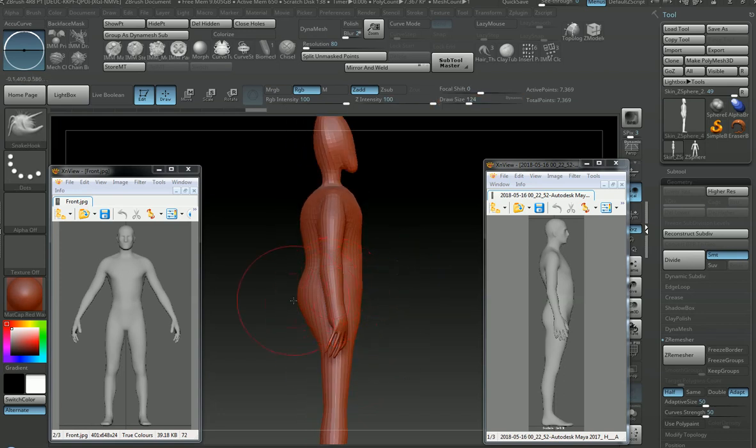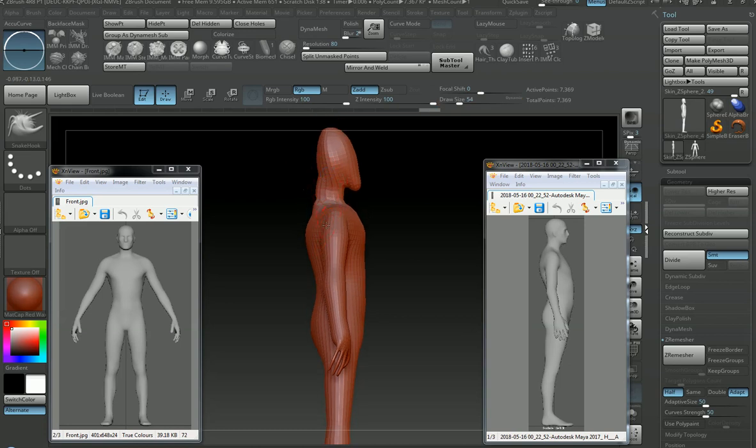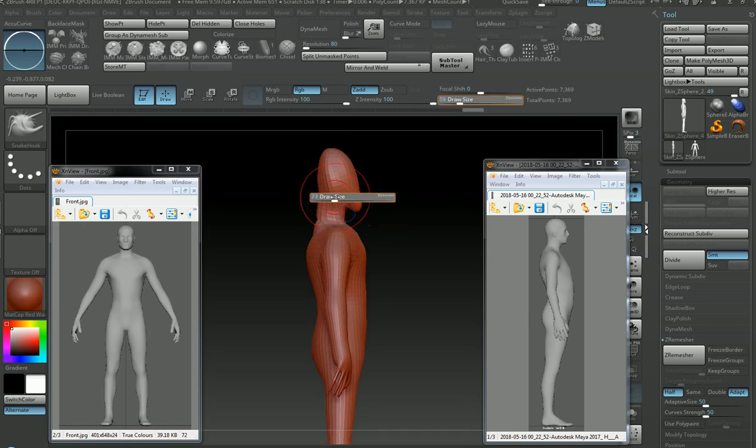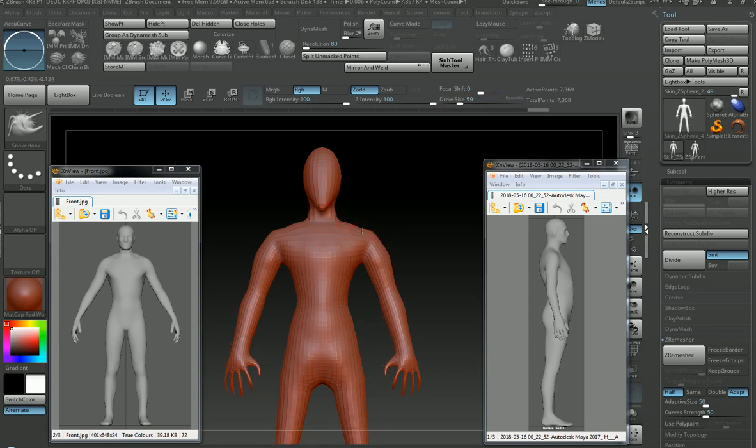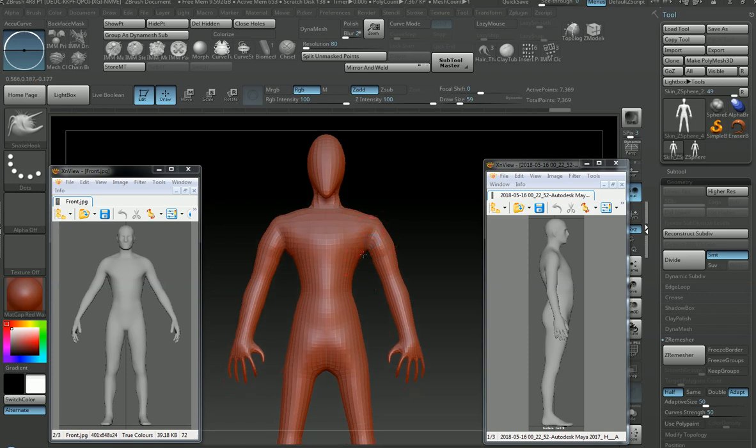Of course, we learned about anatomy before, but whichever way can help us get a good result in the fastest possible way, we should just use it. And in this case, it's really good. You have to understand that ZSphere is a good way for us to start the base mesh, and obviously it's just a base mesh. We still need to do a lot of adjustments to it so that it looks good in the end,